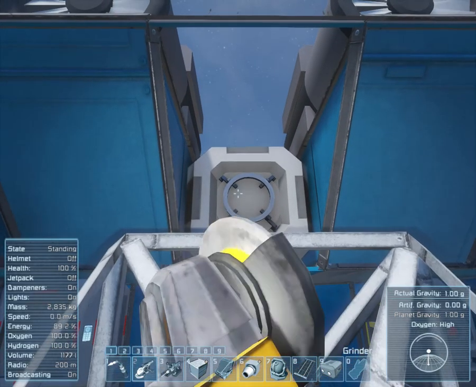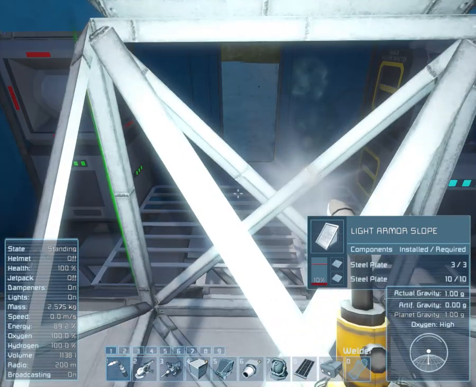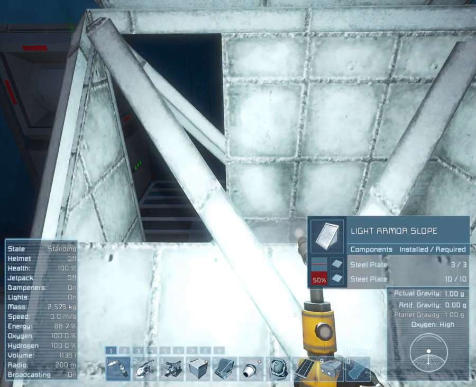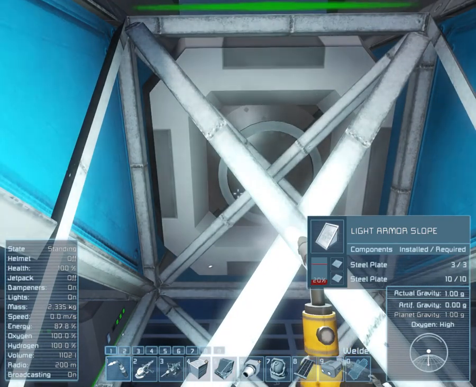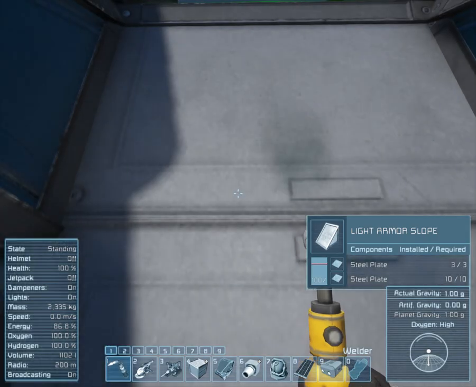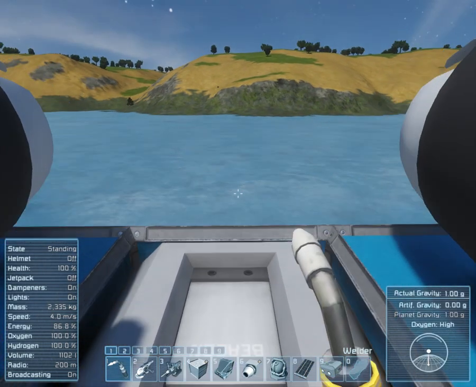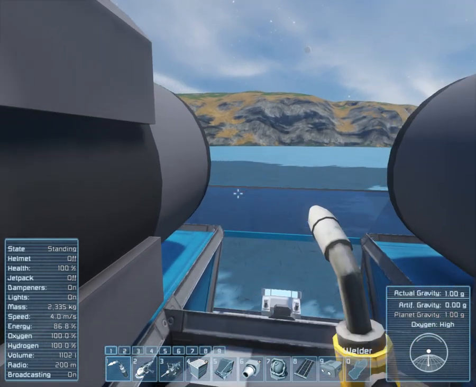Okay, and then we go before, and we put another one in here. There we go. And we're actually going to weld these real quick, because we're going to have these for quite a while. So let's get this started. Fantastic. Alright, so there we go. So now we are up here, and the next step is going to be